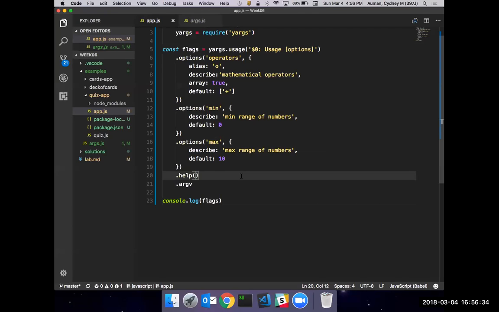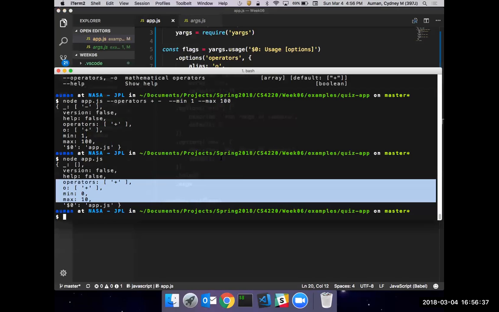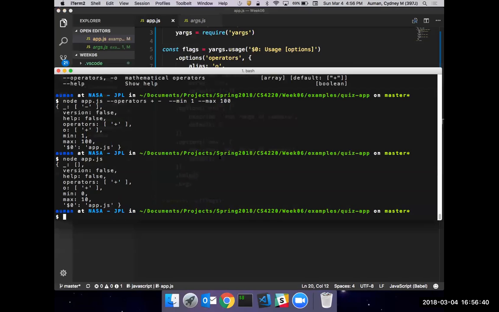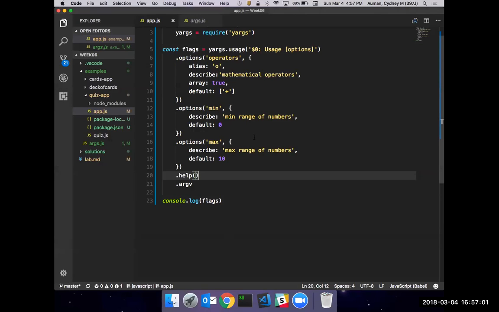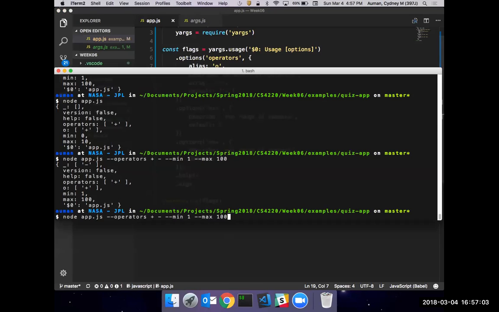Yes? Sorry, can you go to the terminal real quick? How come in the first one it didn't catch your minus sign for the operator? Oh, maybe I had too many spaces in there. That's a great question. Well, it may not have caught it because technically you can,